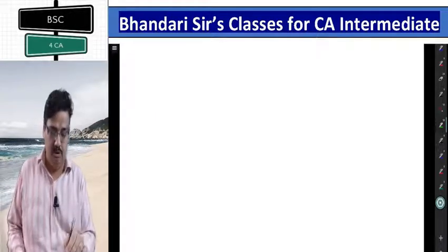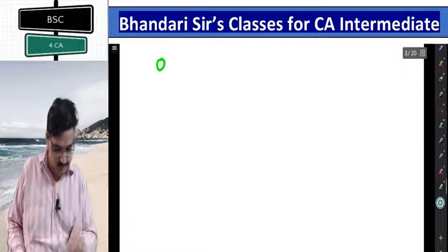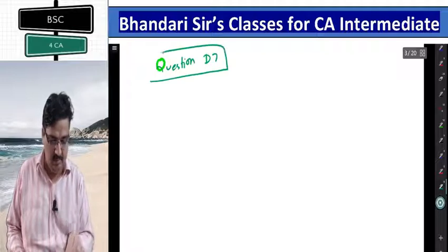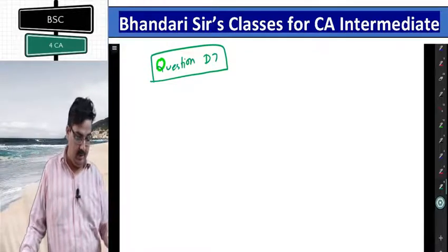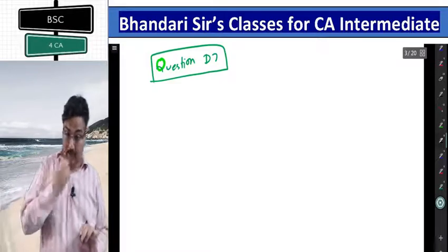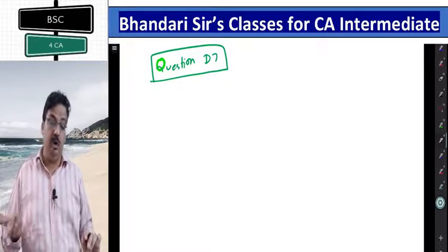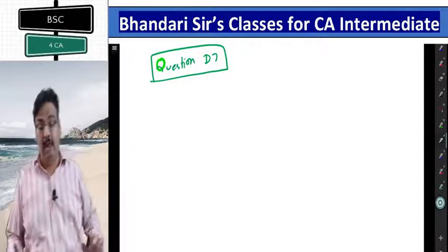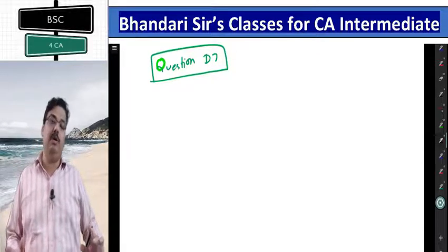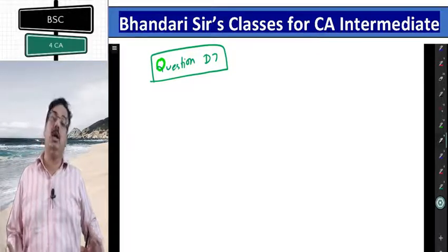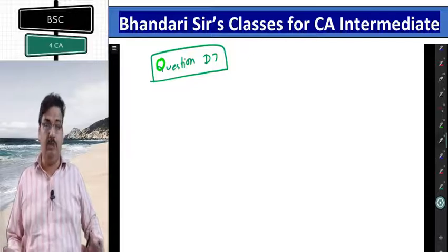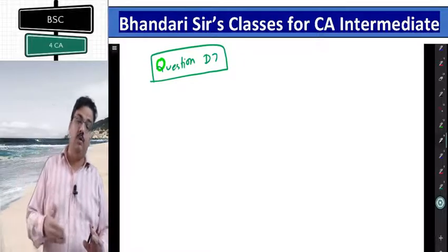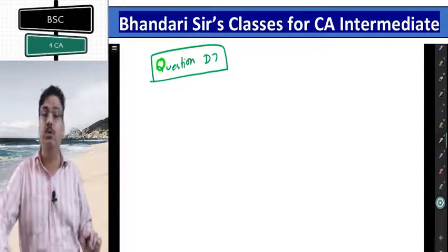The next question is question D7. This question D7 has some missing figure type concepts also. You are required to calculate actual rate per hour, which is not given directly. You are given labor rate variance. You are given labor efficiency in percentage. You need to recall the efficiency ratio that you have studied earlier. So you need to work out a few things to get the missing figures in the question. Once you get missing figures, you can compute efficiency variance or whatever the question wants you to calculate.